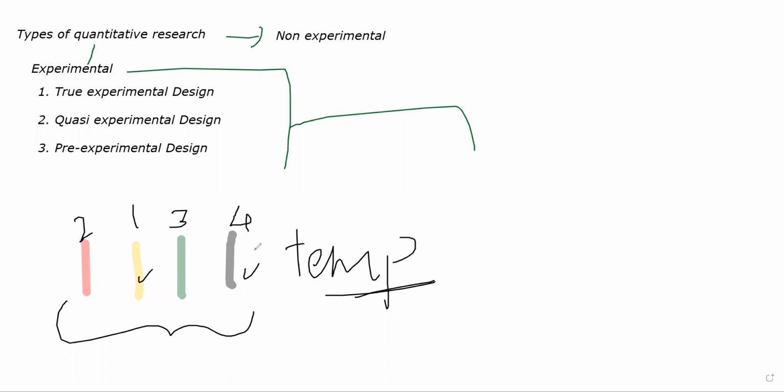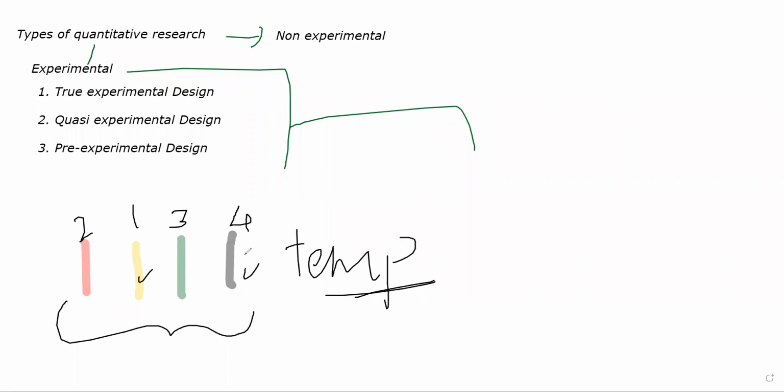Now there are a few advantages to experimental research design. One is that you can get complete control over variables, and it is very easy to determine the relationship between cause and effect. What is causing the effect? Okay, आपका cause क्या है और आपका effect क्या है, उन दोनों का relationship क्या है. And in general, results are also pretty much accurate in this. Okay, you get better results as well.